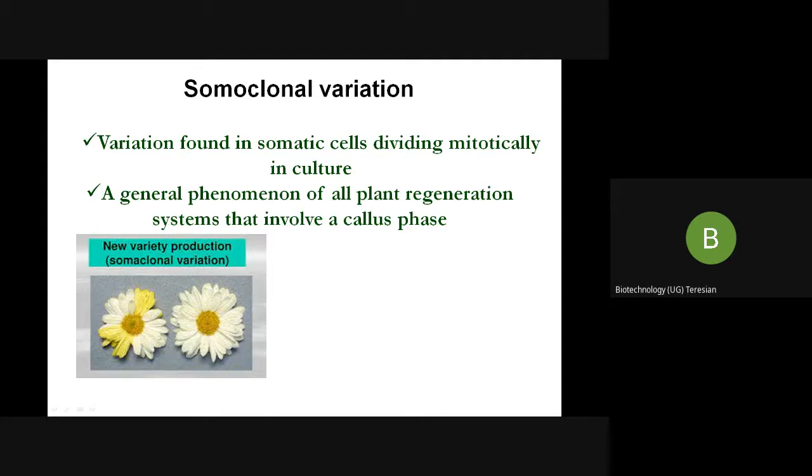Okay. So that is why we are saying somaclonal variation can either be a merit or it can lead to a demerit. Demerit, as I told you in one example, some biochemical changes have happened and you are not getting your compound of interest. But here you see the flower color, dual color I got. And it can be ornamentally very good, for floriculture or horticulture, whatever. It is a unique plant. So it is a merit. Some changes have happened, that is, a positive change has occurred.